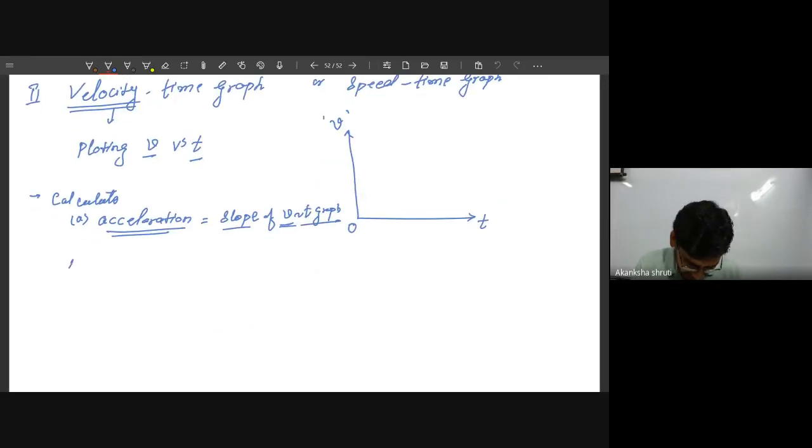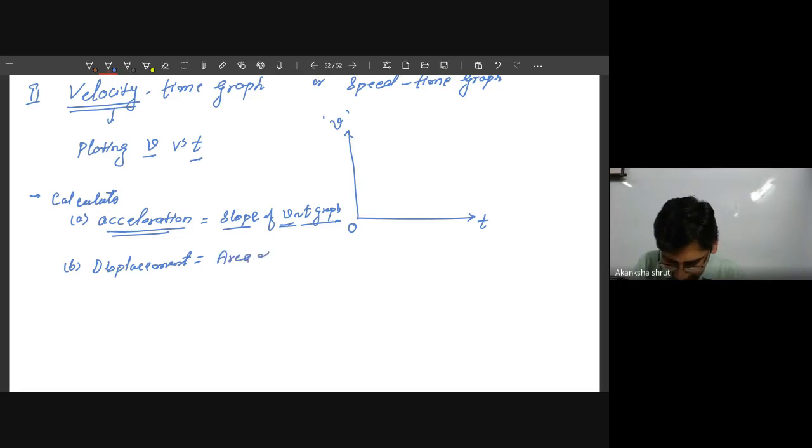Okay, so it is one thing. The next thing is, by knowing the velocity and time, we can calculate the displacement or distance. How? Distance or displacement is given by the multiplication of speed with time, or the multiplication of velocity with time. So ultimately, that displacement is calculated by taking the area. These two multiplied, velocity into time, will give us the area.